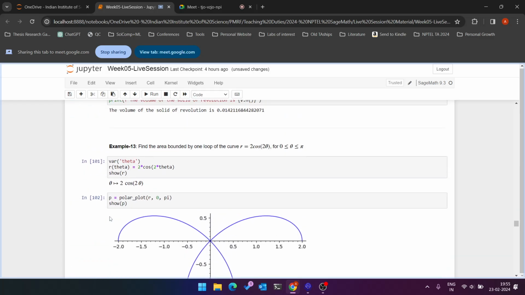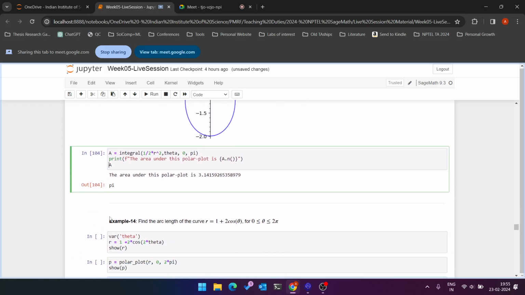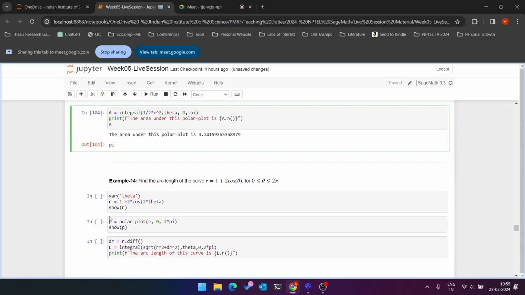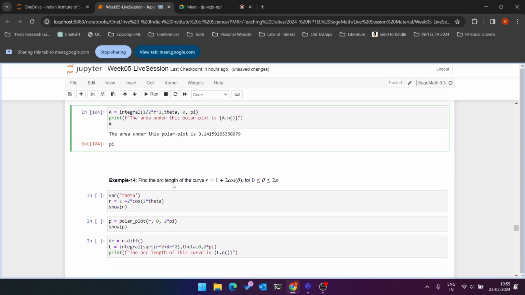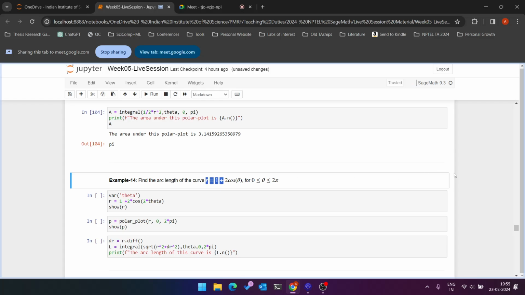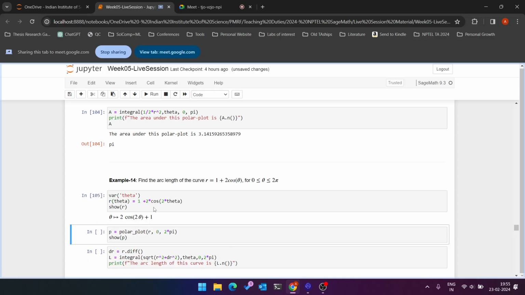Okay. Next that we have is basically another example, but here we are asked to calculate arc length for a polar plot. So my curve is basically r equals 1 plus twice of cos of theta, theta varying from 0 to 2 pi. Again, same steps, define the variable theta, define my radius as a function of theta, 1 plus 2 cos of theta, and then